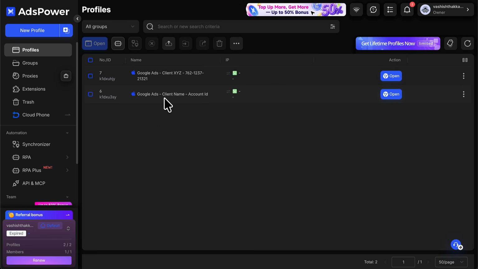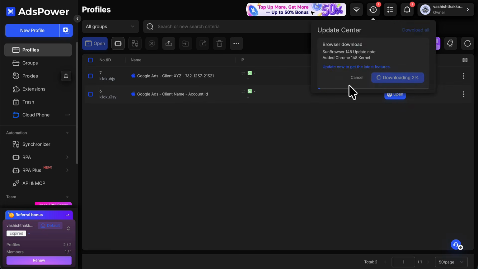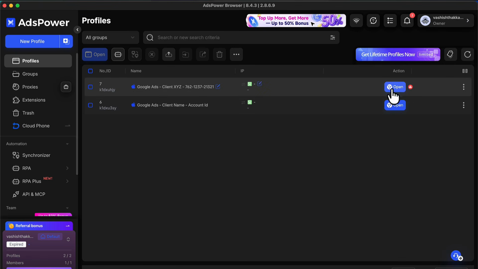Now that the profile has been created, you can arrange these columns however you like. To launch the profile, click on Open under the Actions column, and the first time you open a profile, you may see a message saying that the browser kernel is not installed, and that's completely normal. It will automatically start downloading right after you get that prompt. Just click the download button or wait for it to finish installing, and once it's installed, just click on Open again, and your browser profile will now launch with its own browser fingerprint, operating system, user agent,